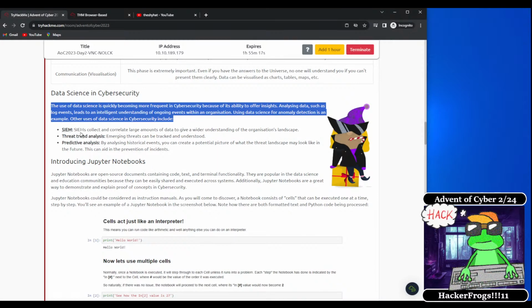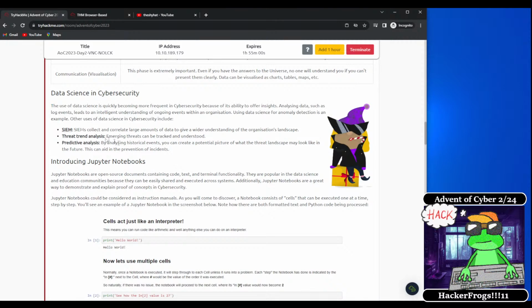The use of data science is quickly becoming more frequent in cybersecurity because of its ability to offer insights. Analyzing data such as log events leads to an intelligent understanding of ongoing events within an organization. Using data science for anomaly detection is an example. Other uses of data science in cybersecurity include